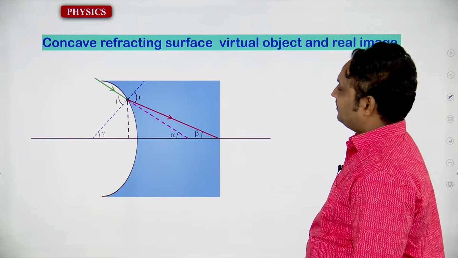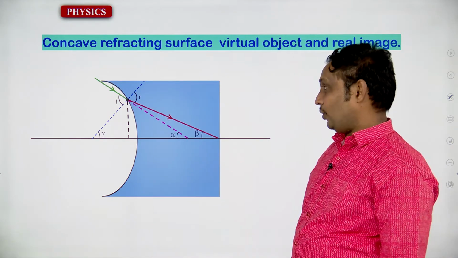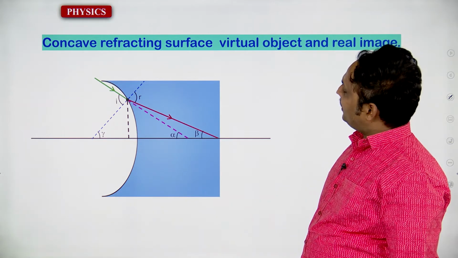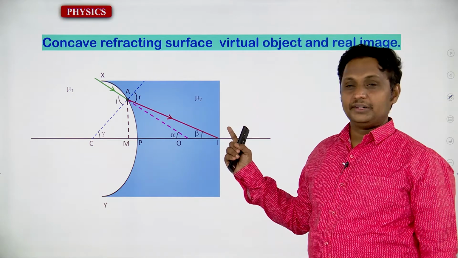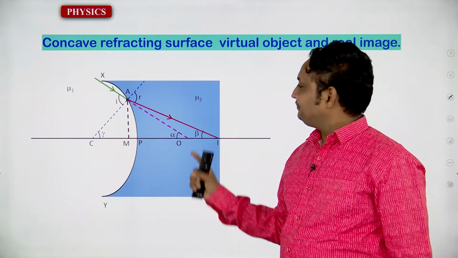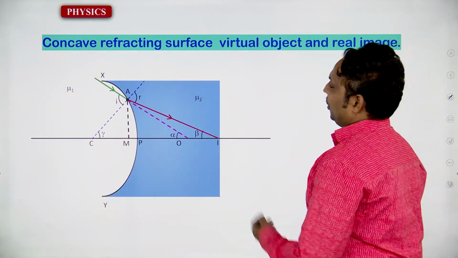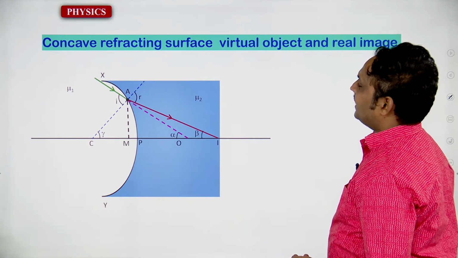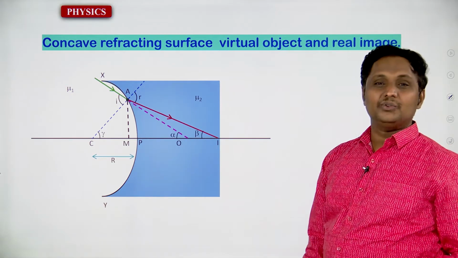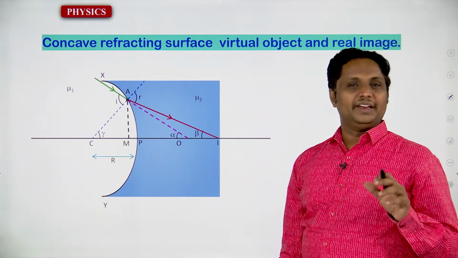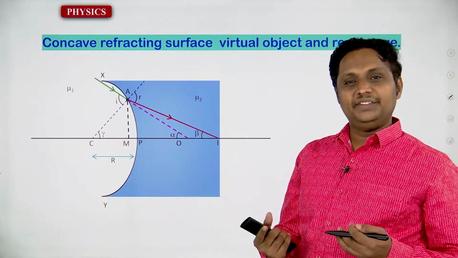With respect to the normal you are going to find the angle of incidence and angle of refraction, alright, it's very clear. Now mu2 is the refractive index of the denser medium. mu1 is the refractive index of the rarer medium. Alpha, beta and gamma, all these are going to be the angles. So you have to apply Snell's law to get the relation between angle of incidence and angle of refraction in terms of refractive indices, right.